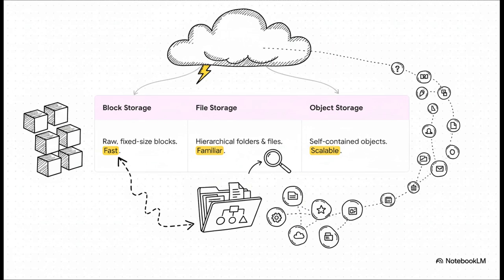First, you've got block storage. Think of this as just a raw, super fast hard drive that you attach to your virtual server. Then there's file storage, which is exactly what it sounds like, the folders and file system we're all used to, like a shared network drive. But for really, really big data, the game changer is object storage. Instead of files and folders, you have these self-contained objects. Think of every photo, every video, every log file as its own little package with a unique ticket number. It's more like a giant, infinitely scalable valet parking system for data. And that's what lets it grow to unbelievable sizes.